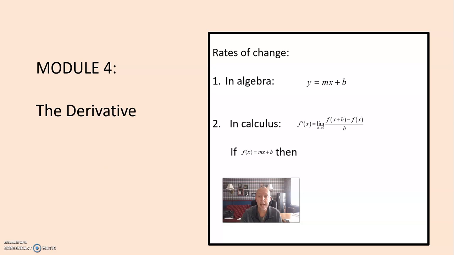So if we let our function f equal the equation of a line, let's say mx plus b, and then substitute this into the definition of our derivative, we would have that the limit as h approaches 0 of the quantity in the numerator mx plus mh plus b minus the quantity mx plus b, all over the variable h. And as we cancel out like terms in the numerator, we are left with the limit as h approaches 0 of mh over h, which reduces and simplifies to m, which happens to be the slope of our line, our rate of change.